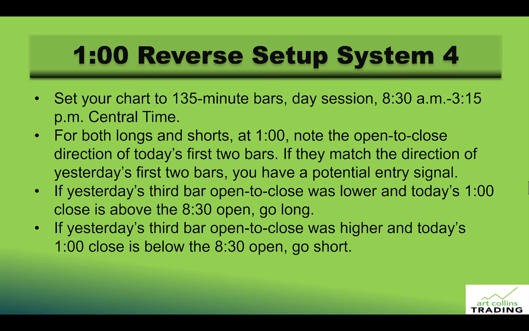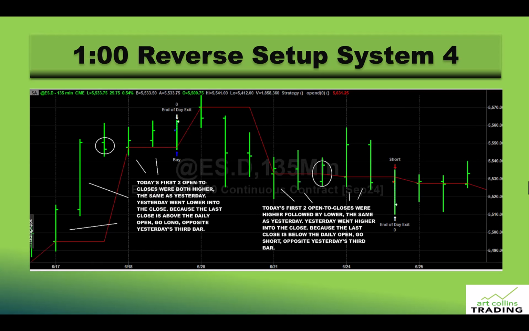If yesterday's third bar open to close was higher and today's 1 o'clock close was below the 8:30 open, go short and exit at 3:15 on the session close. Okay, so today you have two bars in a row that had higher open to closes. You had that same thing yesterday. What happened? Did it follow through the upside? No, it went down. So today we're betting on it going up. But we got the added filter that the close also has to be above the 8:30 daily open, which it